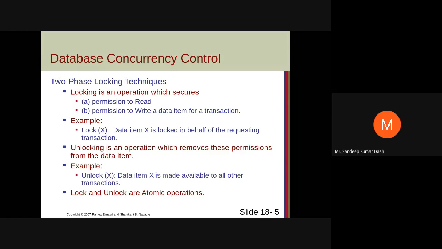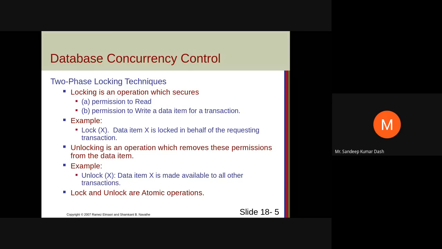The semaphore is the same technique. That means a process which wants to modify an item specifically locks it. So here also the transaction locks the data item and it modifies. After it modifies, it unlocks. When it locks, no one else will be able to access, so whatever modification is getting done will not affect any other transaction. After it modifies, it releases the lock so that any other transaction can access. Whoever accesses afterwards has to again lock it. Once it locks, then it can be accessed or modified or whatever can be done.